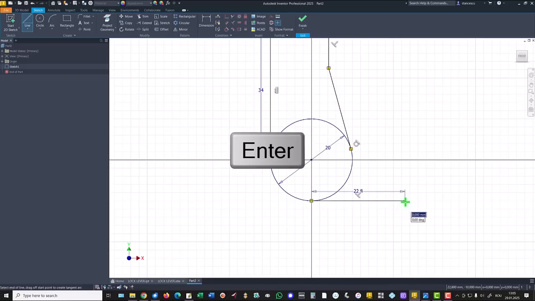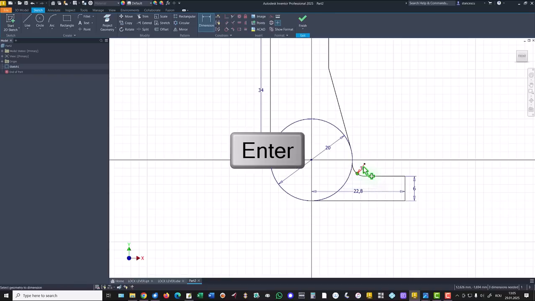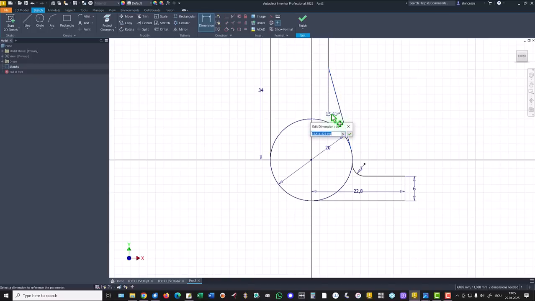22.8, then up on 6, back to the circle, press the left button and go to the circle. Then we place tangency here. This fillet is 3 millimeters. This angle is 25,